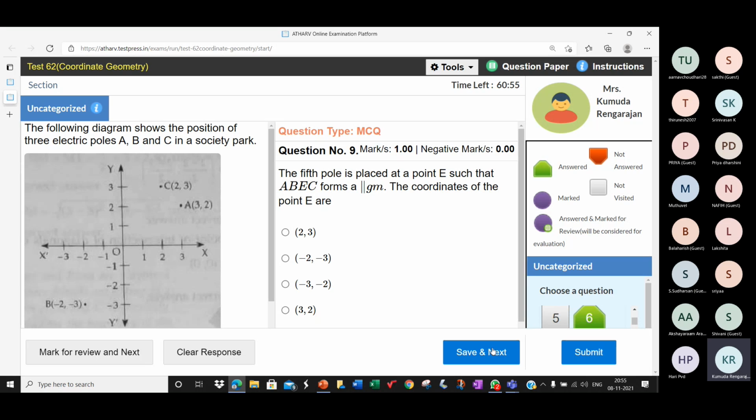We have done a similar one earlier, with respect to a rhombus. Whether it is a rhombus, parallelogram, rectangle, or square, when we are given the coordinates of 3 vertices and asked to find the coordinates of the 4th vertex, this is what we have to do. Use the midpoint formula.